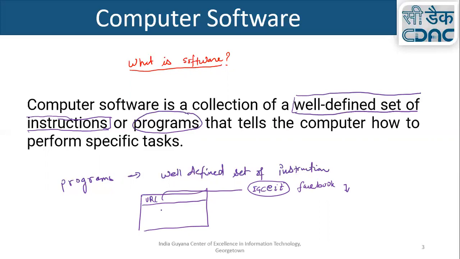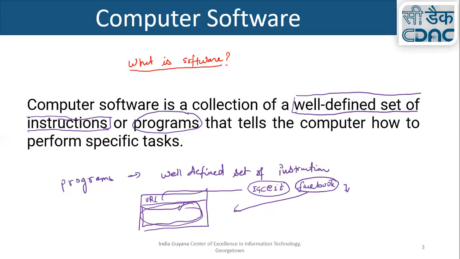You get a page. Yes or no? Did you tell it how to display this page? You just typed a URL or address of the particular website, but you get a page. You never gave instructions about how you get the page.